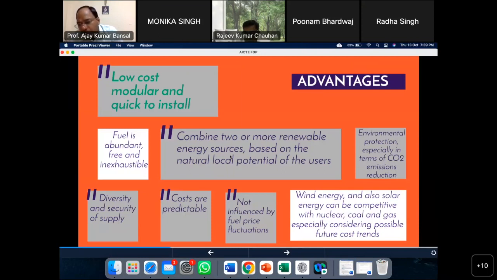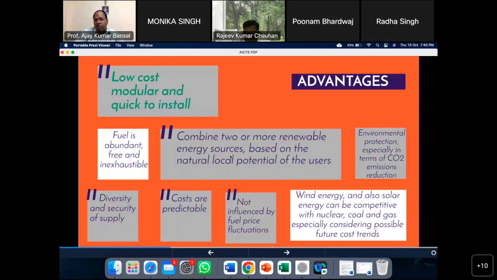And there comes the role of engineers who will be designing, because it is not always advisable to generate a very large amount of energy which will be going waste, and it is also not suitable to have a system which generates less energy as compared to the requirement. So we will be combining two or more renewable energy sources based on the natural local potential of the users,